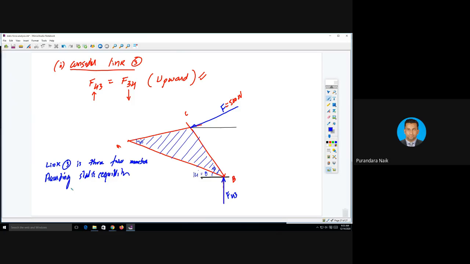So one more force is F23, correct? This is link number 3. So F43, F, and F23 are concurrent,